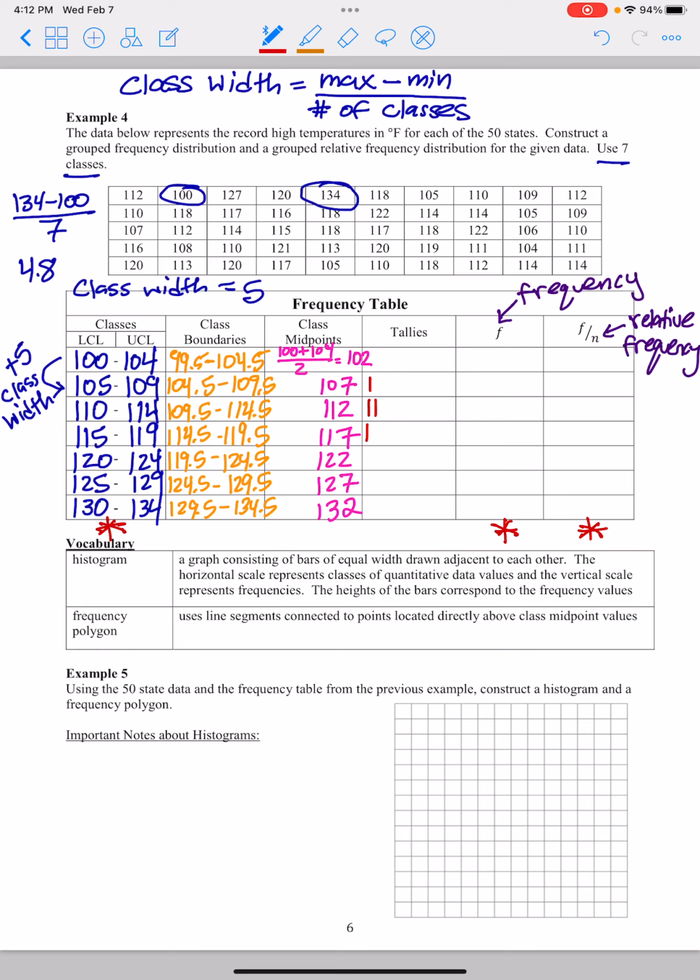Then 120, 100, 118, 112, and so on. 108, 113, 127, 117,